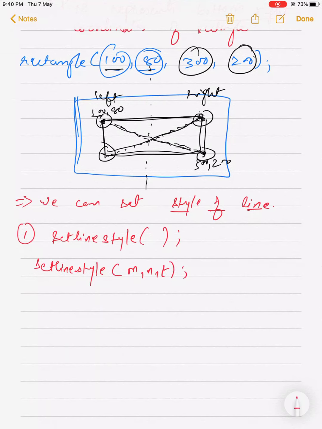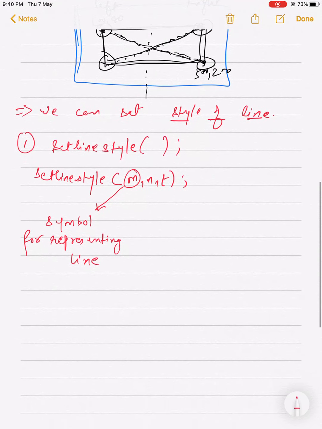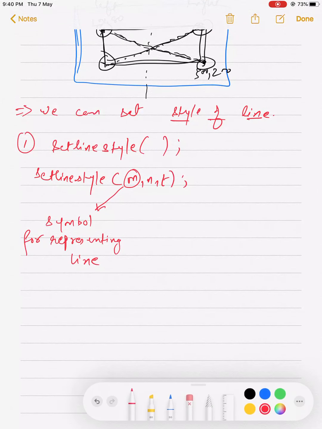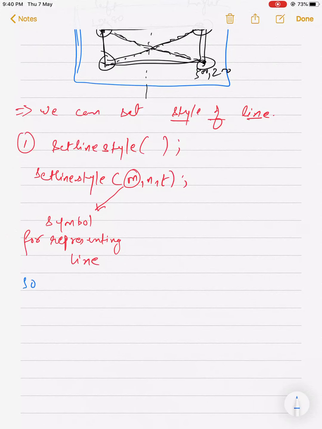See, M represents a symbol for representing the line. For example, if I want a solid line, I have to write this syntax: SOLID_LINE, DOTTED_LINE, CENTER_LINE. These all have underscores.